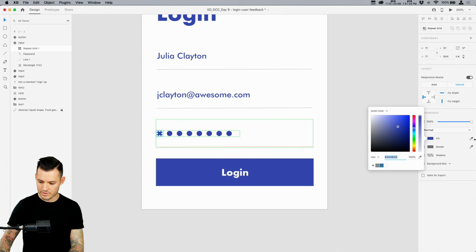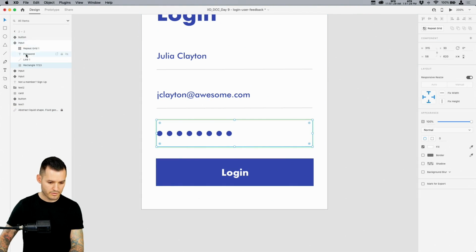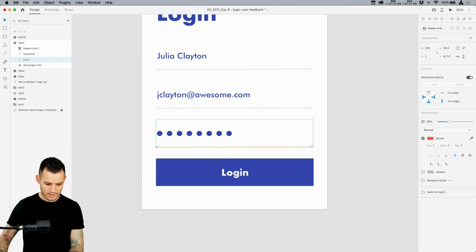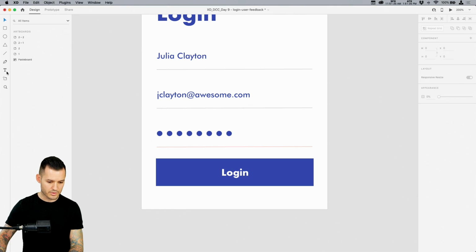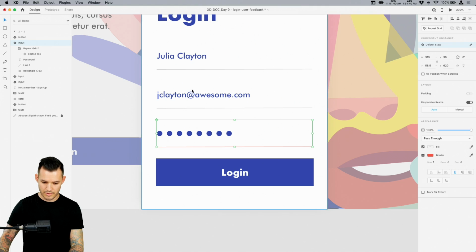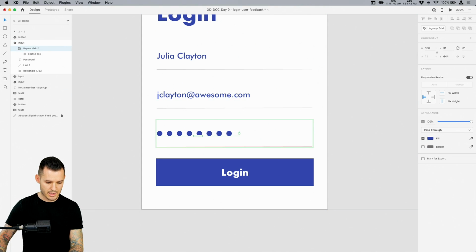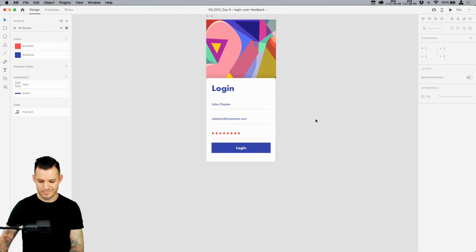All right, let's do the same thing here. Let's find, where did our line go? Let's go back to our components. Let's save that color. Okay, let's go back to our layers here, our repeat grid. We would really like our repeat grid dots to be that color. So now we have an error state, okay?